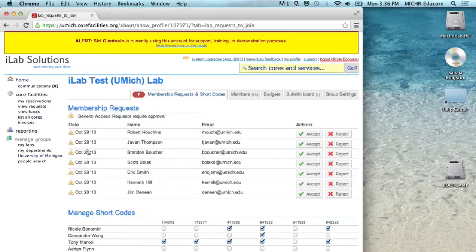So you can see that everybody should be here. Is anybody who just registered for the first time not displayed on the screen here under the iLab test lab? Great. Okay, so I'm going to go ahead and accept you all into the lab. As I'm doing this, you'll notice that your names are going to populate in the members list below. This is where shortcodes are assigned to a user. So once we accept them into the lab, they'll populate in the members list, and then we can checkbox fund